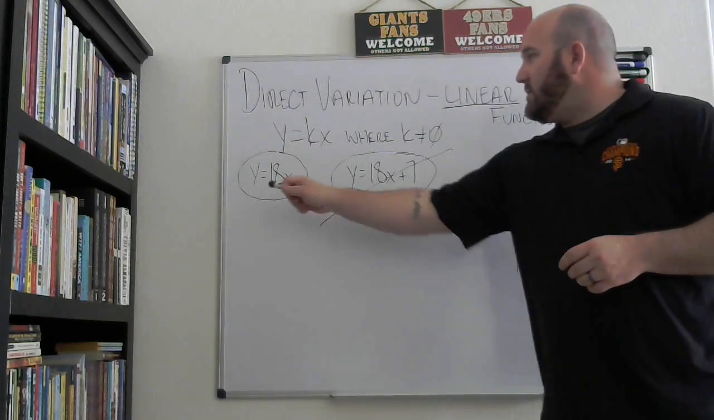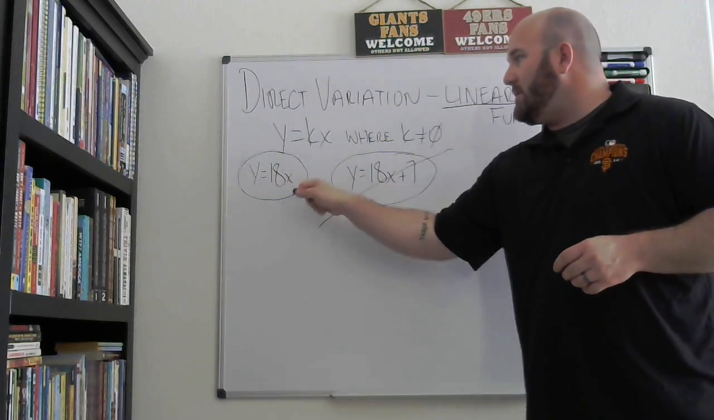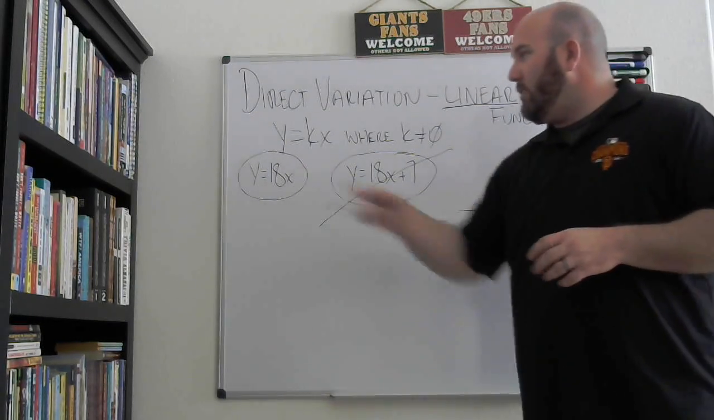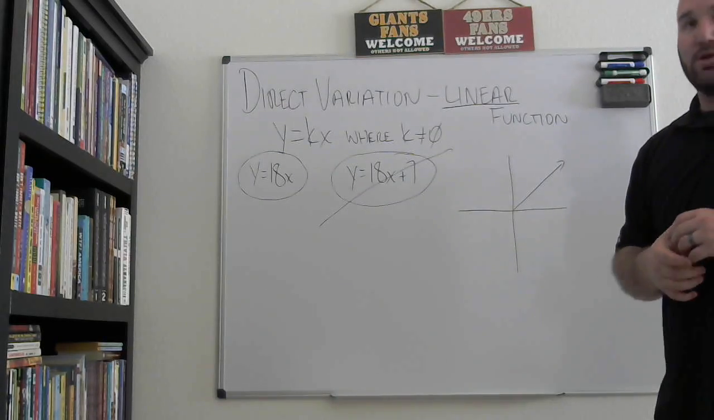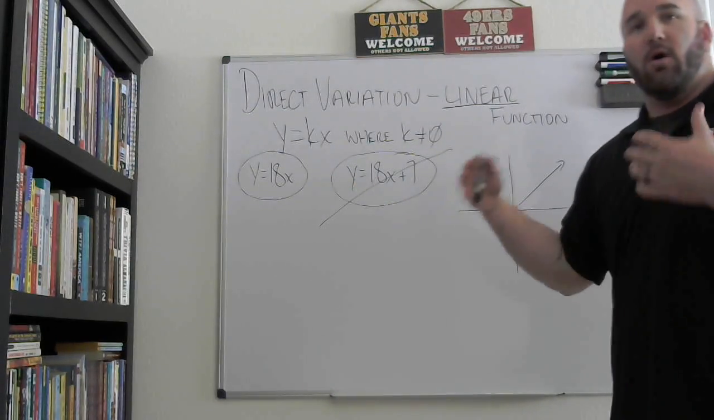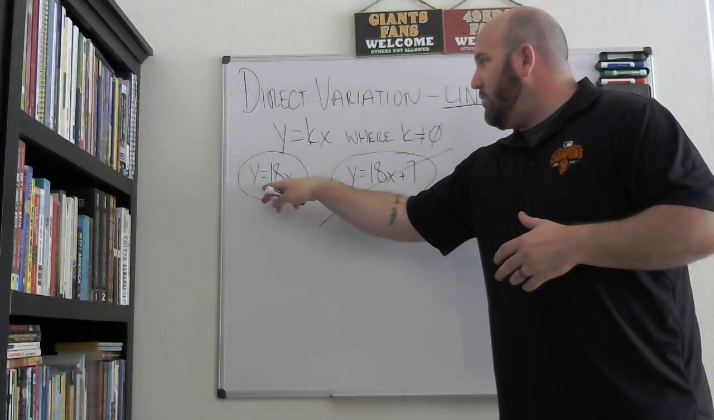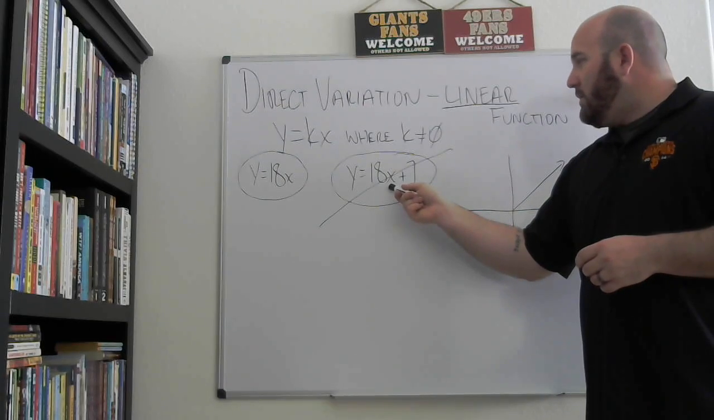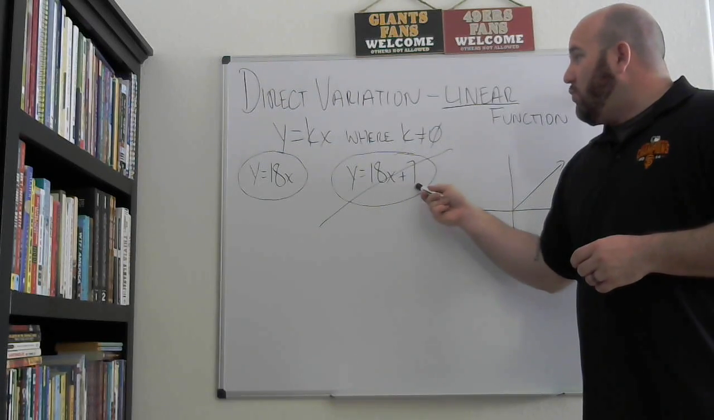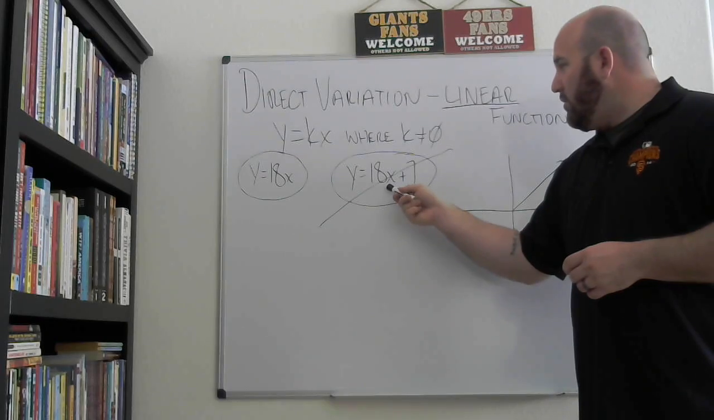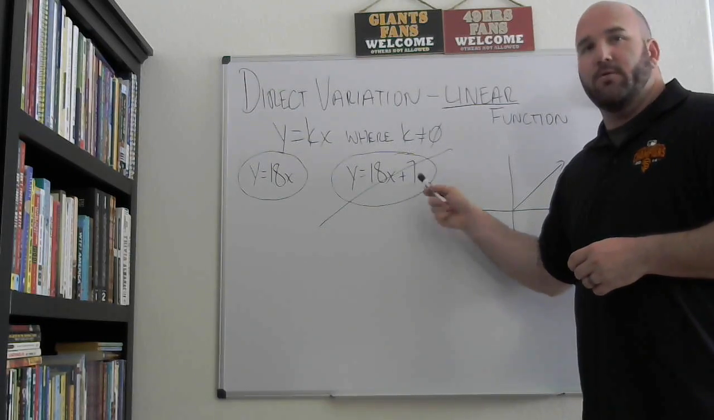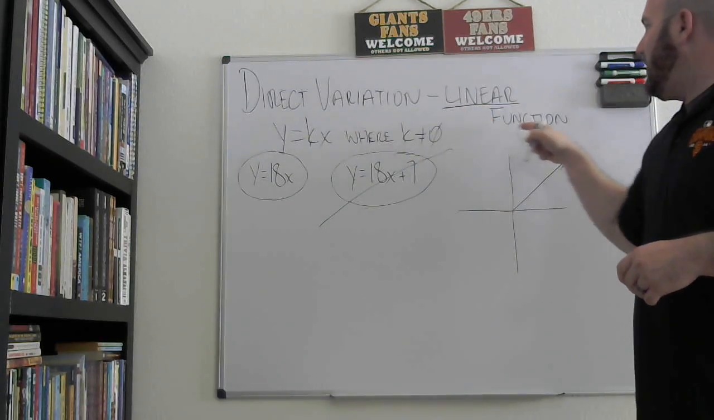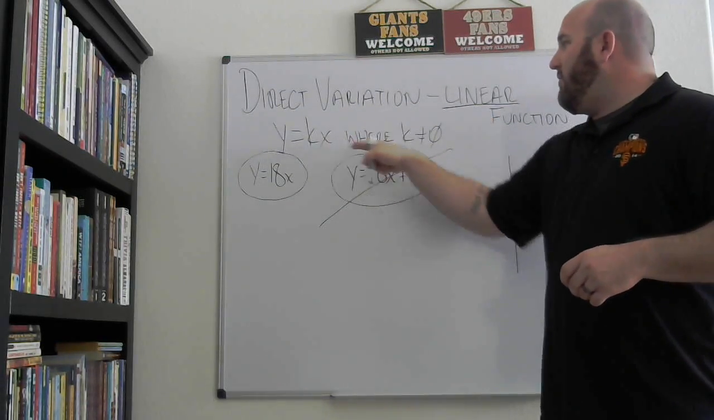Why? Because y equals 18 times x is constant. So for example, if the value of x was 1, then y equals 18. If the value of x is 2, then y equals 36. You're always at a multiple of 18. However, if we went here, the value for x of 1 is 25. The value for x of 2 is 42. It doesn't work. Okay? So again, a direct variation is a linear function, y equals kx, where k